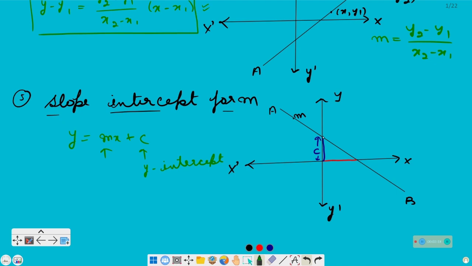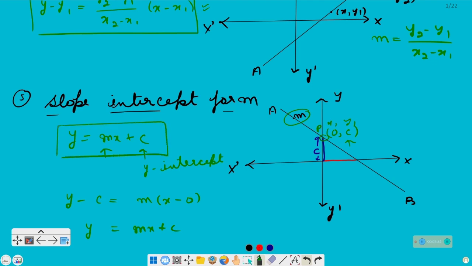इस फॉर्मूले को भी आप फाइंड आउट कर सकते हैं. If y intercept is c, it means the point on the line is (0, c). This point P lies on AB and coordinates of P are (0, c). It means slope and one point is known. So we can apply already studied form y minus y1 is equal to m(x minus x1), so y is equal to mx plus c.